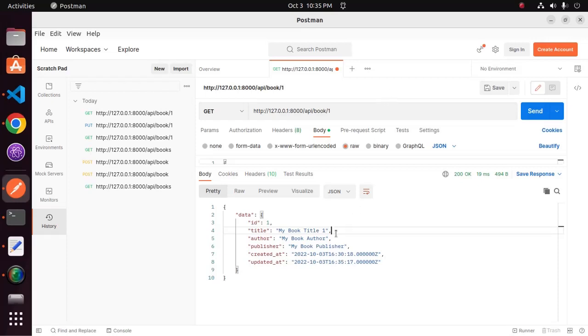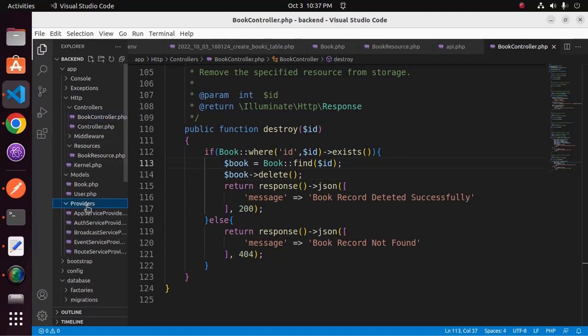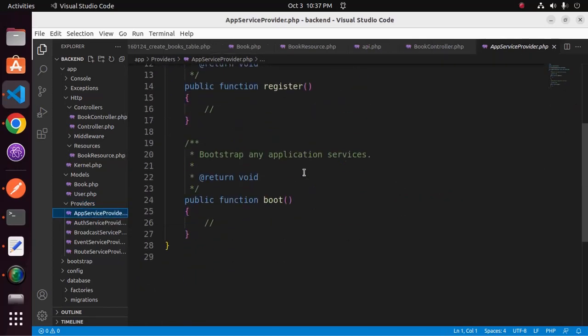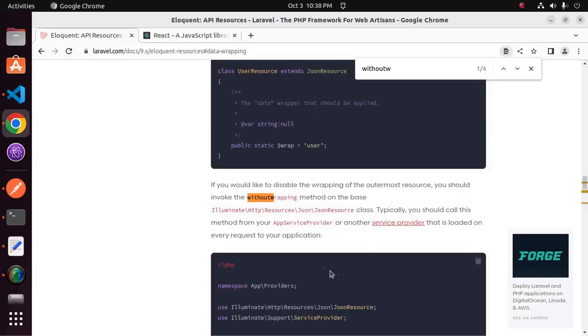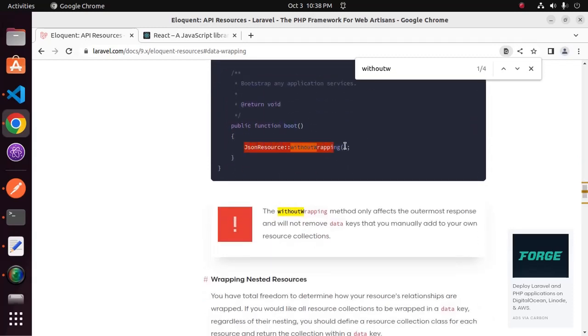Let's disable the wrapping of the outermost resource. Expand providers and open app service provider. Scroll down. Okay, copy this line